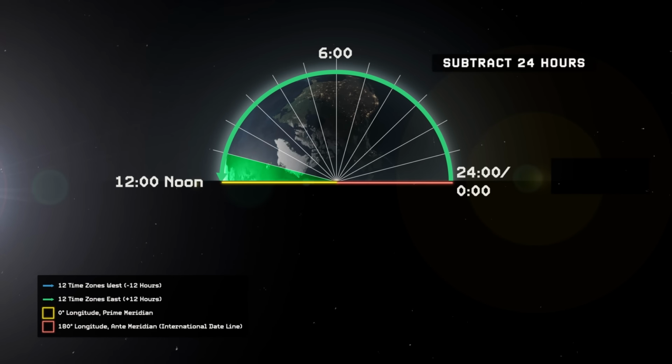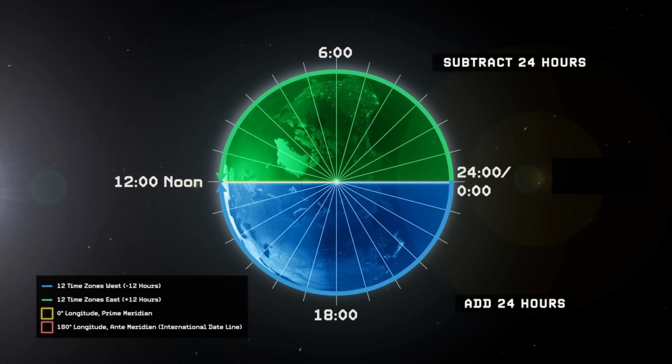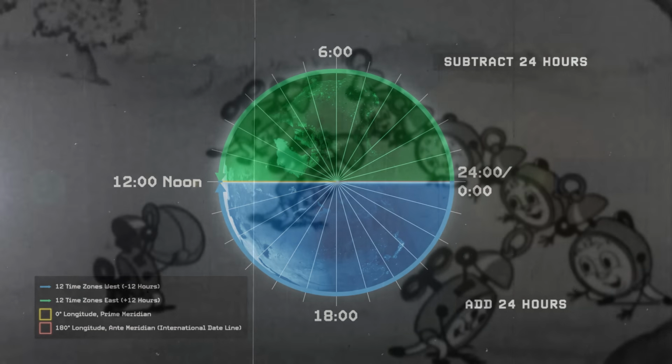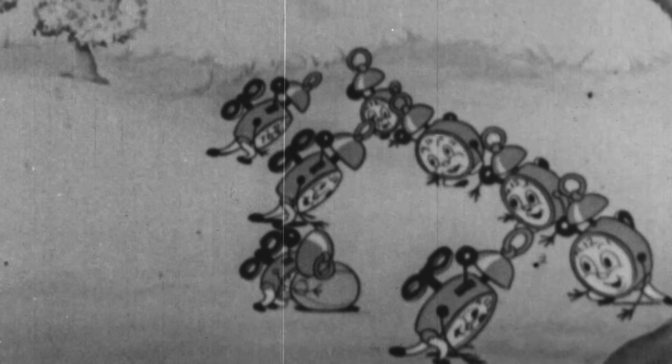And 12 more time zones west of the selected prime meridian exist, where you subtract 1 hour from your original time each as you travel west, with a full reset of an entire 24 hours being mandatory once you cross the anti-meridian on the opposite side of the globe, either 24 hours ahead in time when you cross from the east to the west, or 24 hours backwards in time when you cross from the west to the east. And remember, where you choose to set your prime meridian and corresponding anti-meridian is completely